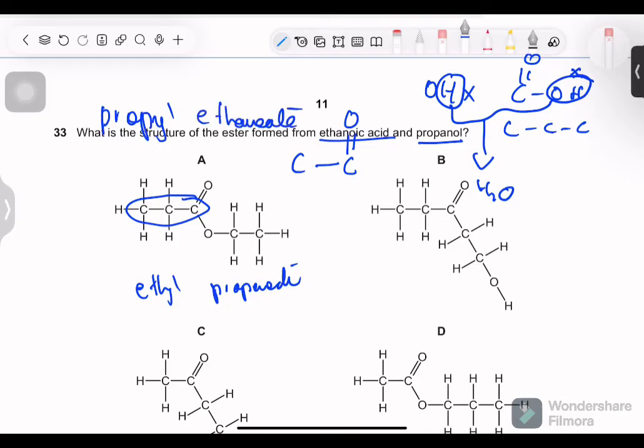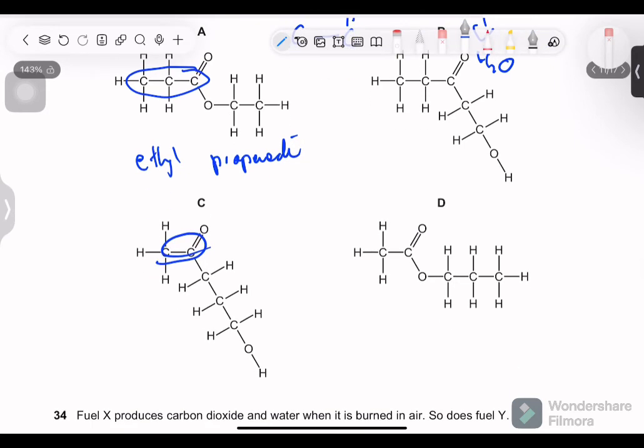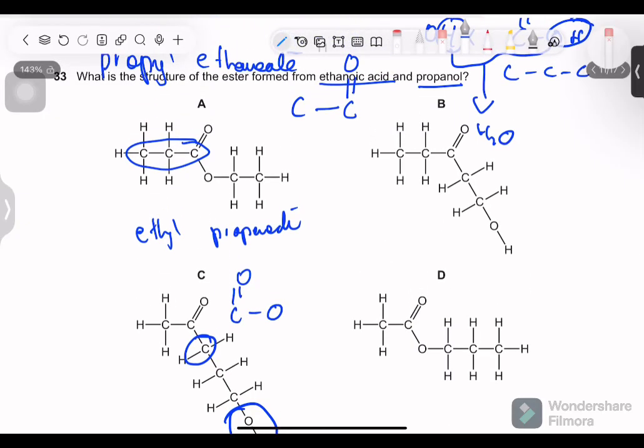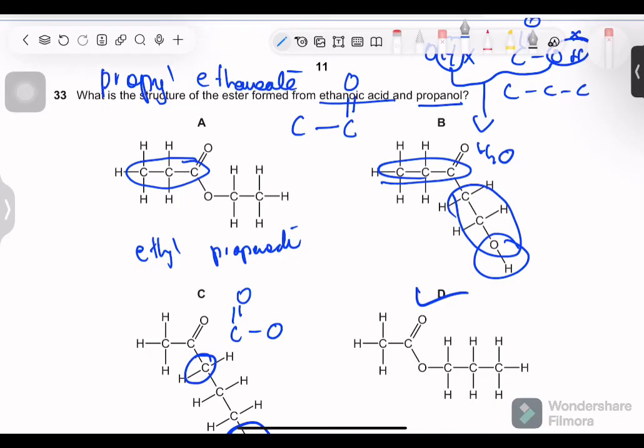So this is the reverse. As for this, it is correct for the acid, but the bonding is not shown correctly. The ester bond is like this. This is the functional group present over here. Option C has the same problem as option B. There are many problems with option B: 3 carbons on the acid part, 2 carbons on the alcohol part, a functional group of alcohol, no sense. D is correct because 2 carbon atoms, the correct functional group, 2 carbon atoms for the acid, 3 carbon atoms